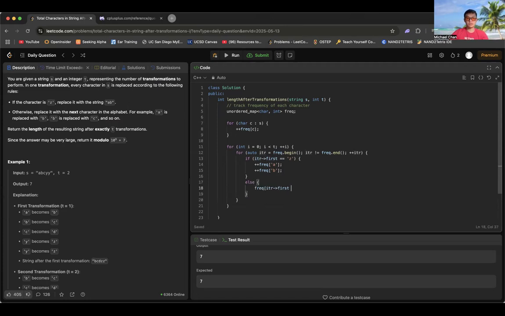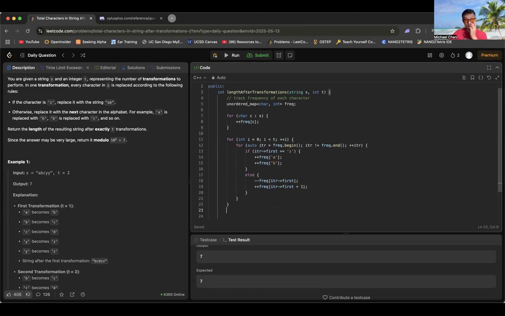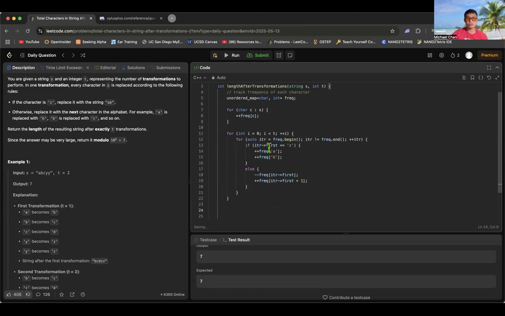Else frequency iterator first will minus minus, and then we will plus plus iterator first plus one, right? And then we will do that for, so if it's A,